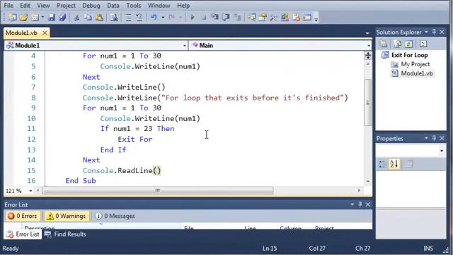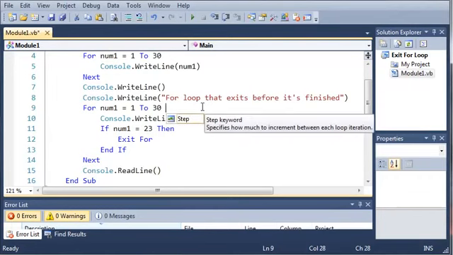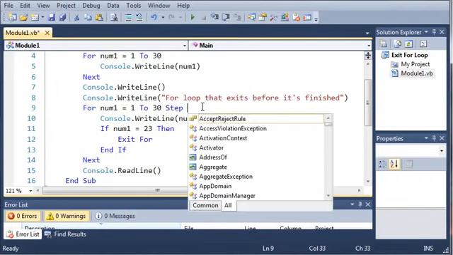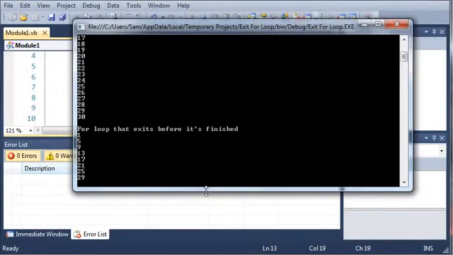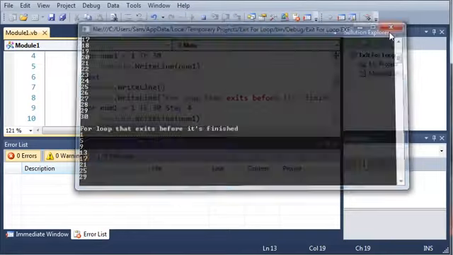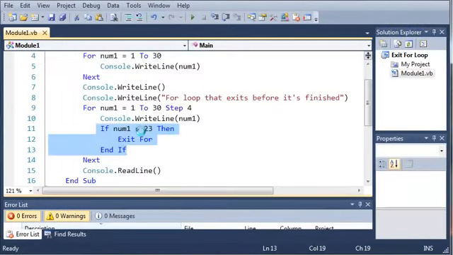Now we can also do this if we step the value. So for num1 equals 1 to 30, and if we step by 4, then you can see that this if statement is never going to run. So if we run this, you can see it gets all the way to 29, and it doesn't stop at 24. So what we can do is we can do if num1,